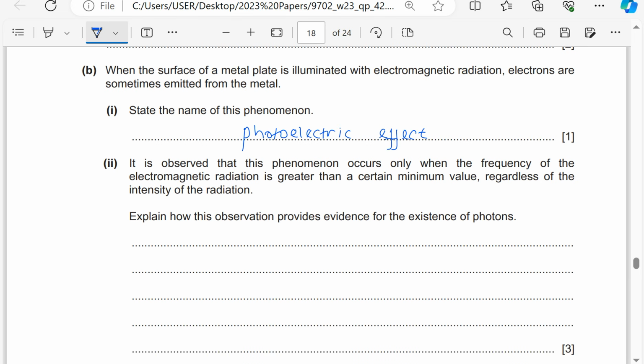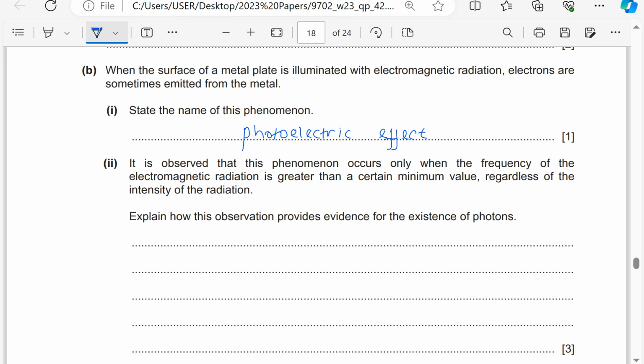It is observed that the phenomenon occurs only when the frequency of the electromagnetic radiation is greater than a certain minimum value, regardless of the intensity of the radiation. Explain how this observation provides evidence for the existence of photons. Okay, there is a minimum frequency below which no electromagnetic